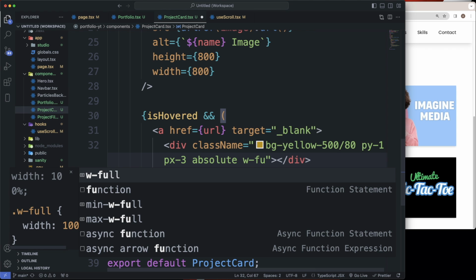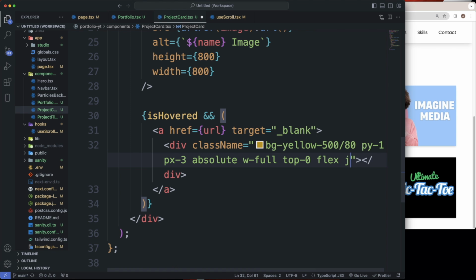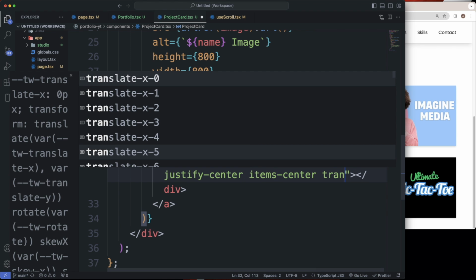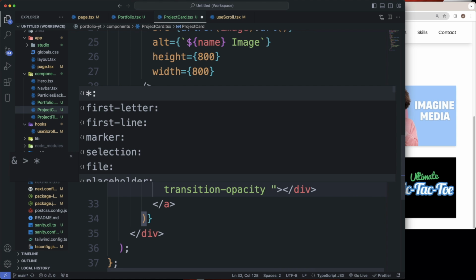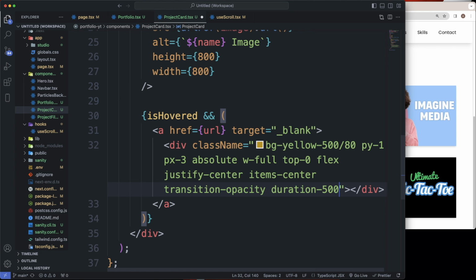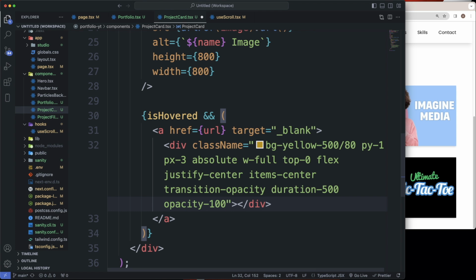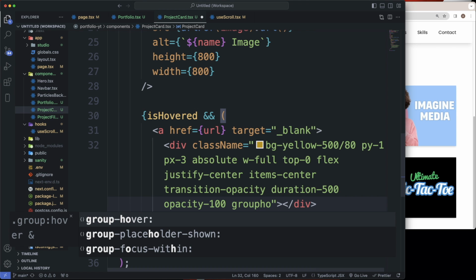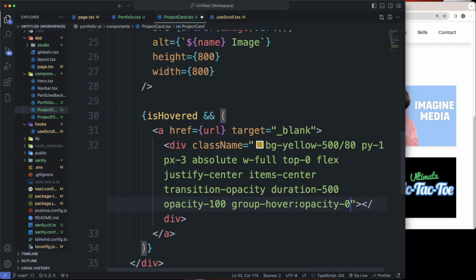Width of full, the top of 0, flex, justify center, item center, and we also can give it a transition opacity, and it's going to be a duration of 500, and then we're going to give it an opacity of 100, and we're also going to do a group hover, and that's going to be opacity 0. All right,